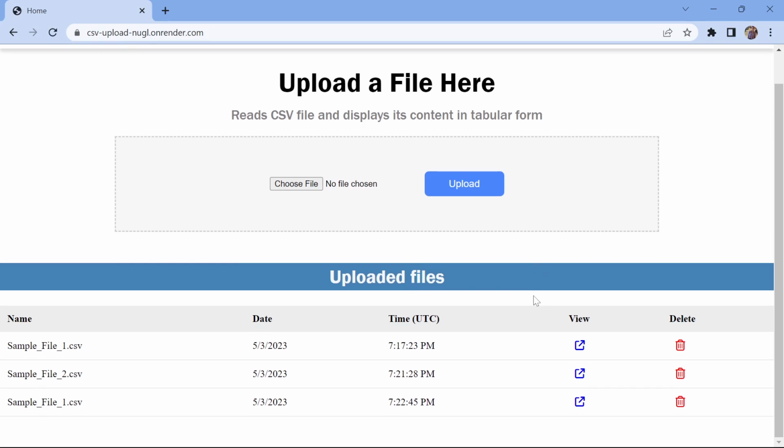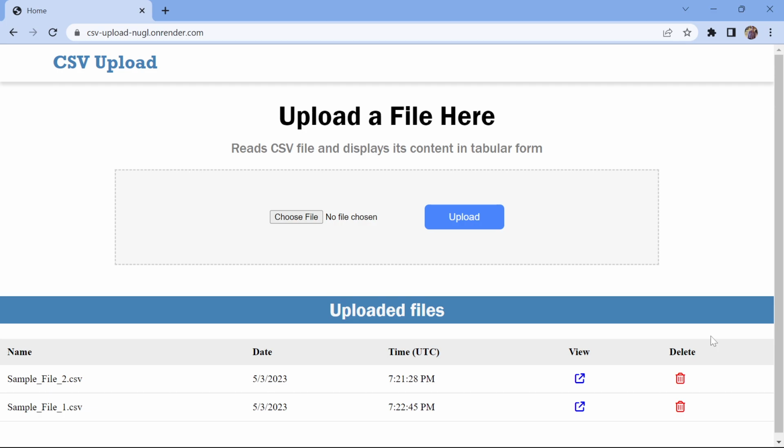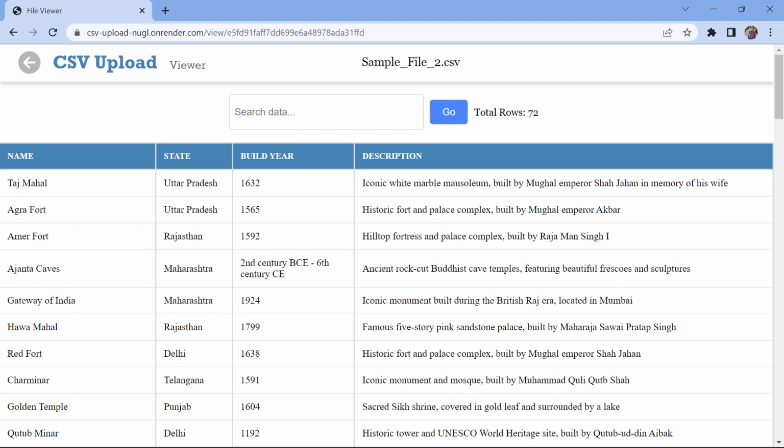So this is the space which contains all the files I have previously uploaded here. Each file contains the date and time at which it was uploaded. Next we have a view and a delete button. The view button is used to open that particular file, and delete can be used to delete the file. So I can delete a file by clicking on this icon, and I can view a file by clicking on this view icon. So this takes me to the CSV viewer page